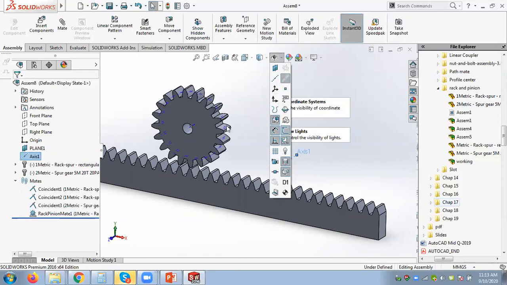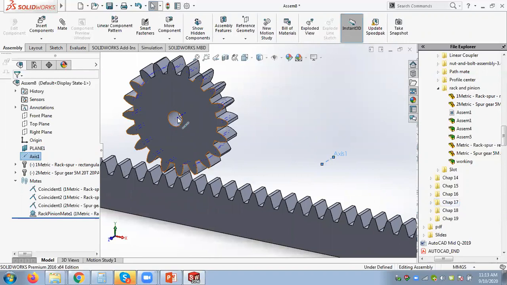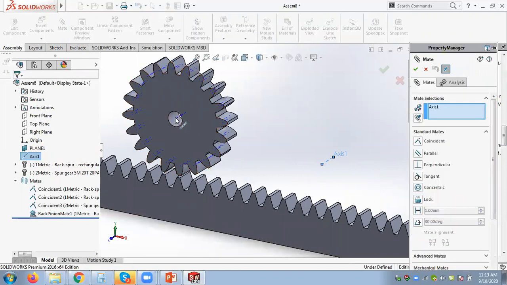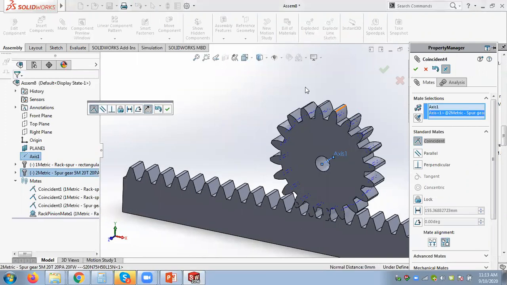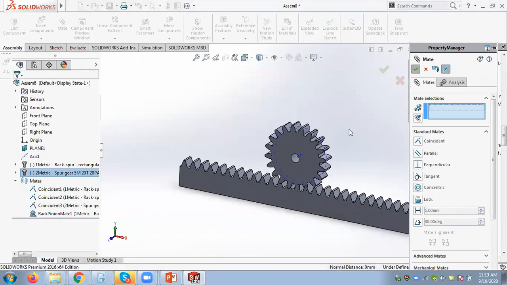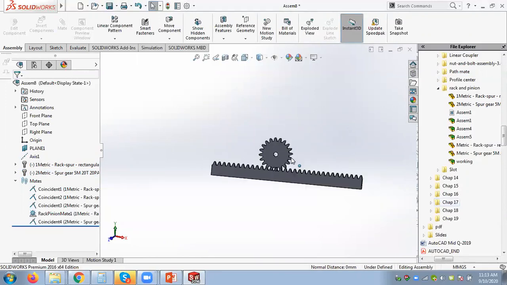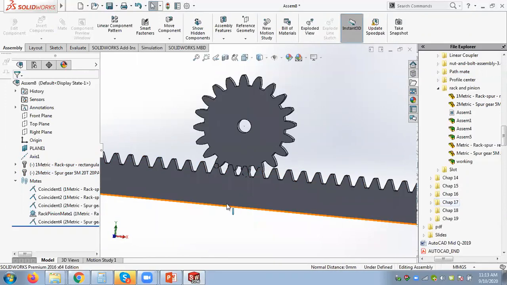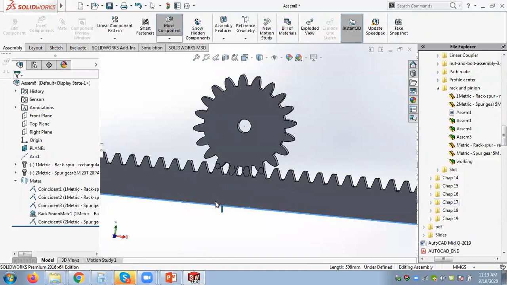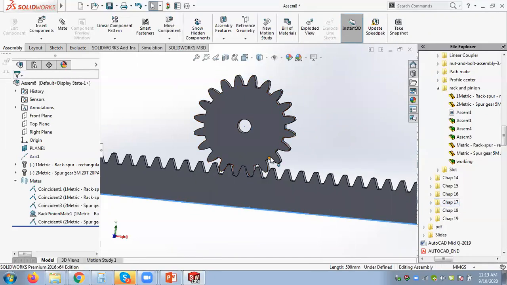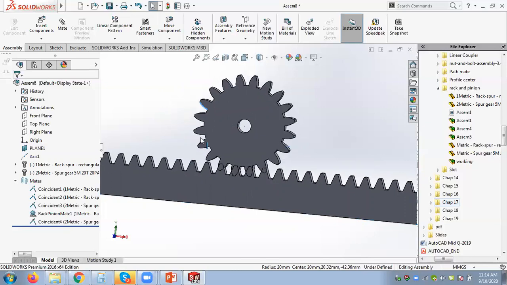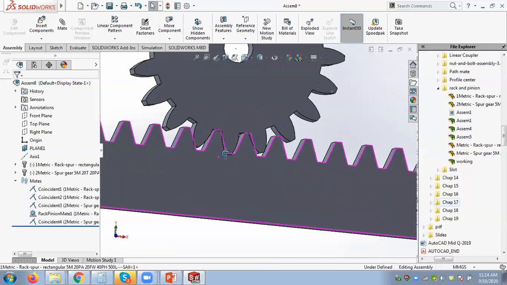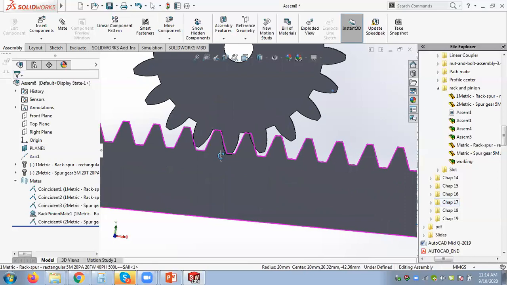So this axis should be coupled with the axis in the B. Now you can see it's working, but it's not working in the correct manner. If you try to rotate it like this, it's working, but there is an interference. So this is a problem we are having